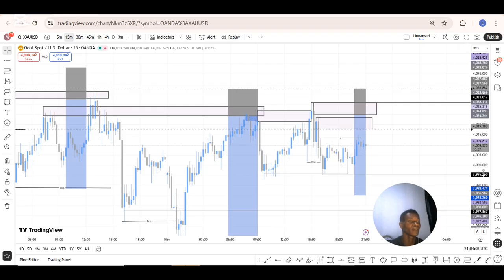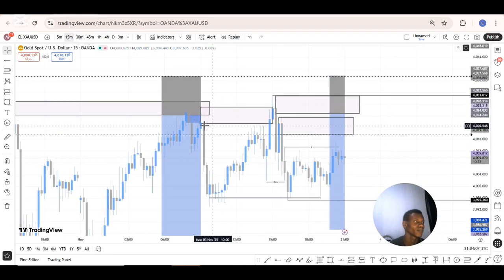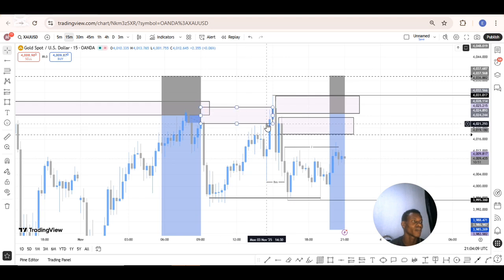I did not even think of adding any position, though I was at the gym at that time, so I did not add position on this pair. I was supposed to add position right here, but I did not. I was actually sleeping when I came back from the gym. But you can see the market went up a little bit, and the drawdown was too much. My account was only 7,000 naira, but my equity was reading about 46,000 naira.